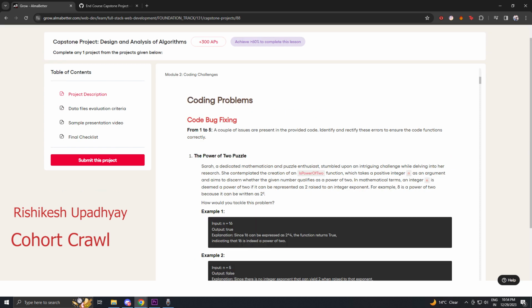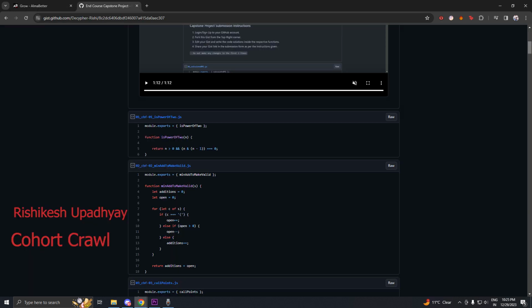The first question I want to talk about is the power of two puzzle. There was a bug in this code which I fixed, and I want to elaborate on this code. There is a function isPowerOf2 that takes a number n as input and returns a boolean value. n > 0 checks if the input number is greater than 0. This condition ensures that only positive numbers are considered, whereas (n & (n - 1)) === 0